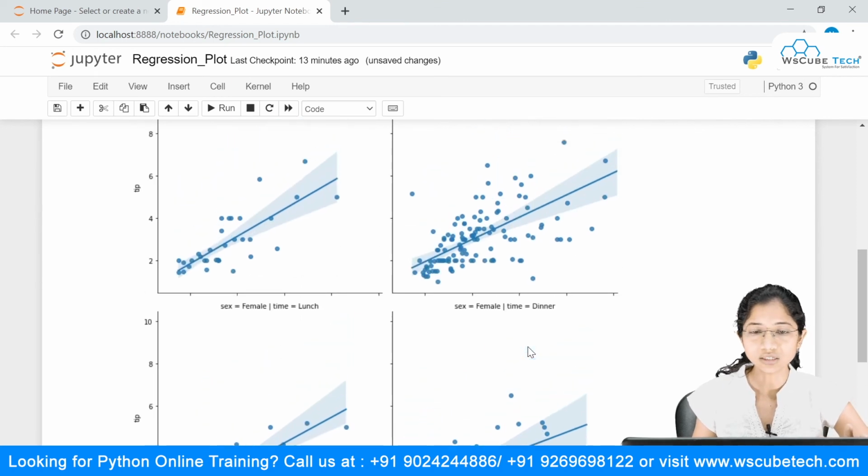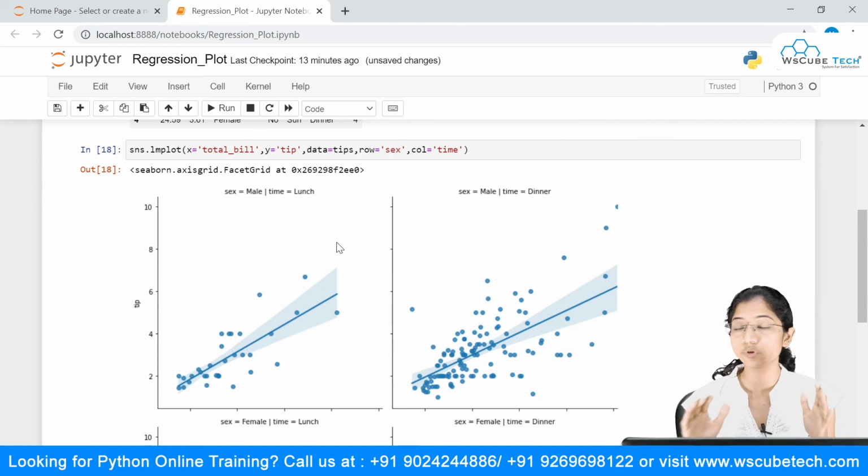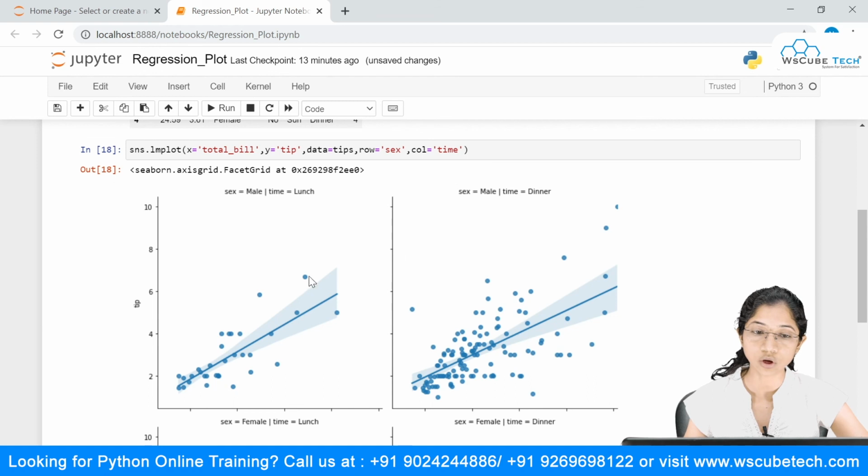You can observe that it becomes quite easy to visualize things by making use of this row and column. Earlier, we were simply plotting everything in a single regression plot. But by making use of this row and column, we are getting separate visualizations.